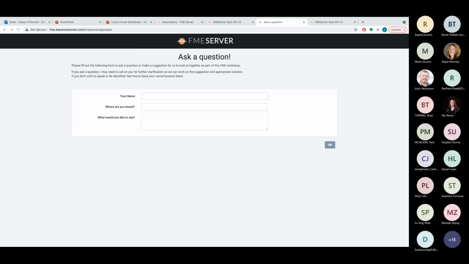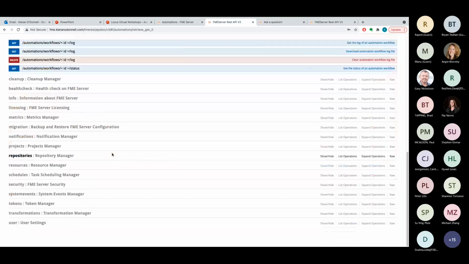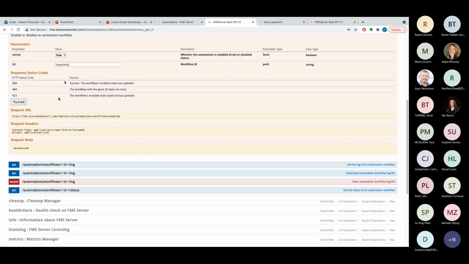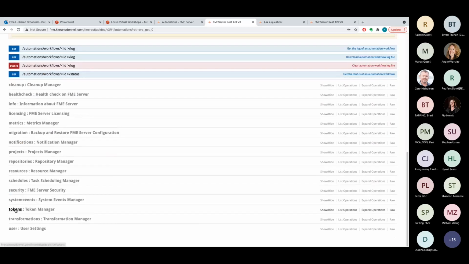Is one of those things that you're like, oh, I don't really want to make my FME Server engines available to anyone because they may occupy it. So you can, I guess, publish FME Server apps and then have them turn off at a certain time. The way to do that would be by disabling the token. So I'd pre-can something here, which is essentially the same thing as disabling the automation, but around tokens